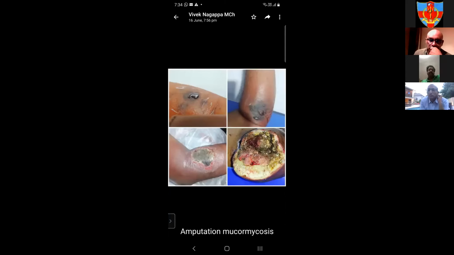It has progressed rapidly to a black spot. Unfortunately, there was no other option, so an above-elbow amputation was performed. But still the necrosis is extending in the stump, and the culture from the stump is also showing growth. We are planning an emergency disarticulation, but the patient's general condition is not good. So I just wanted to know the experience of any of the speakers or senior consultants here.